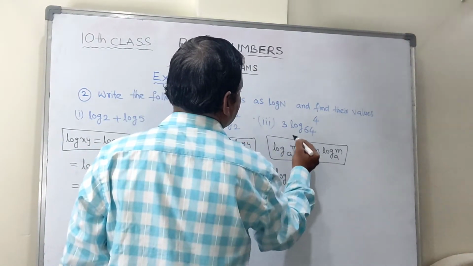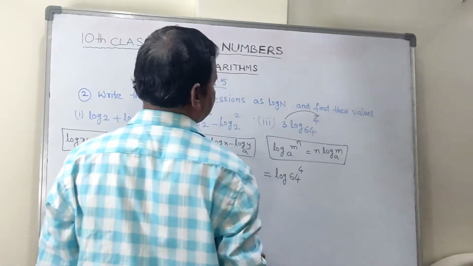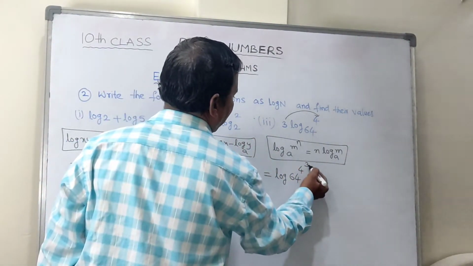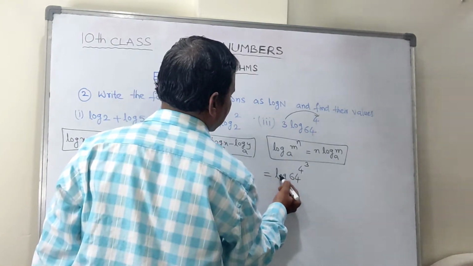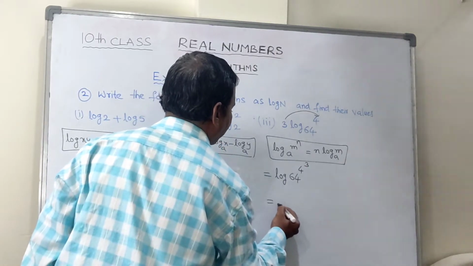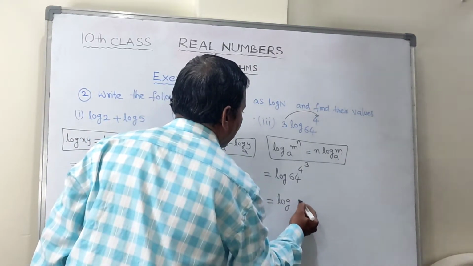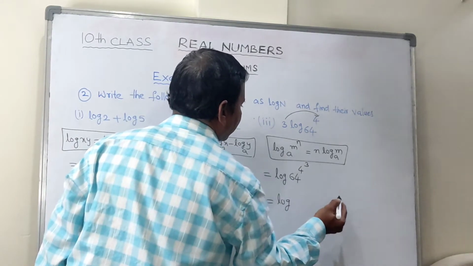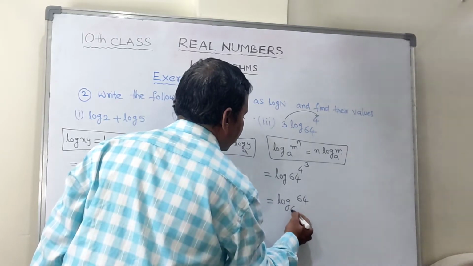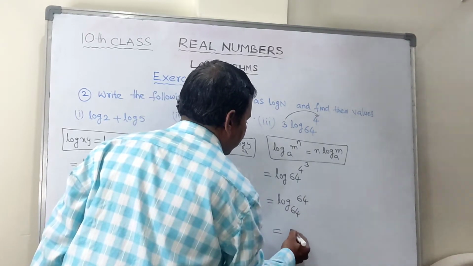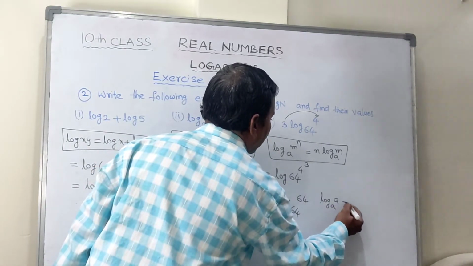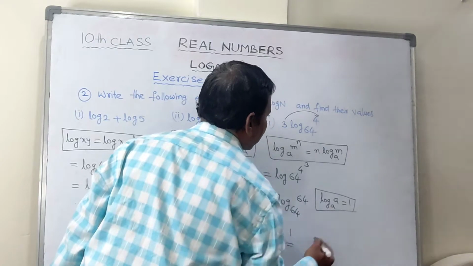Okay. So take this 3 to this side, 3 comes to the top, so it becomes log 4 to the power of 3 to the base 64. Now 4 cube means 4 into 4 into 4, 4 4s are 16, 16 4s are 64, and the base is already 64. So this value becomes 1. Why? As we have one formula, log a to the base a equals 1.